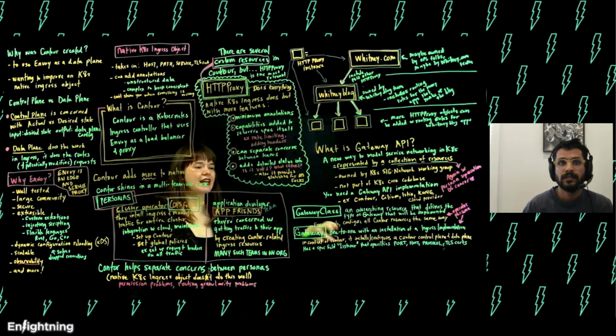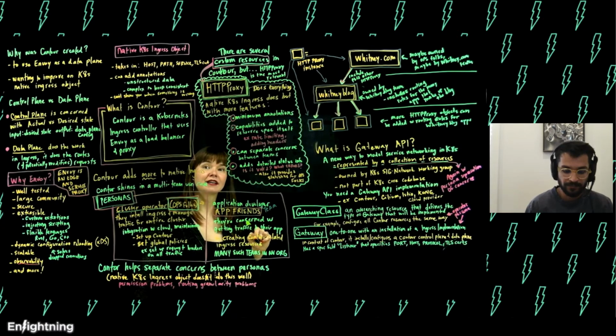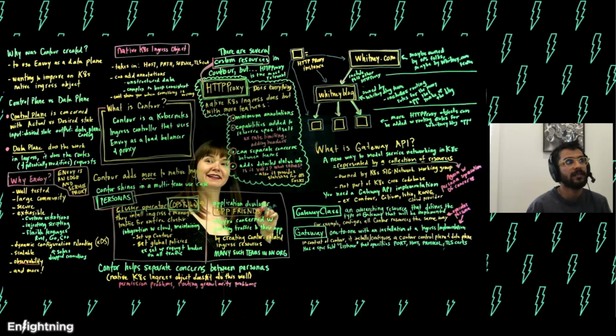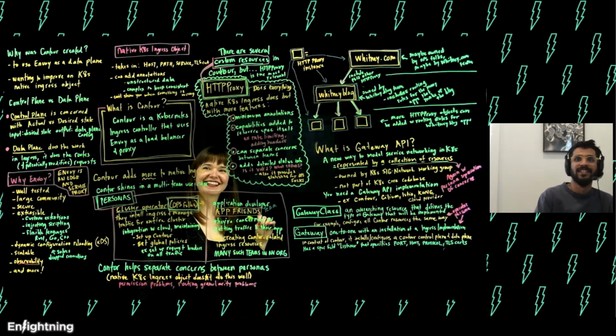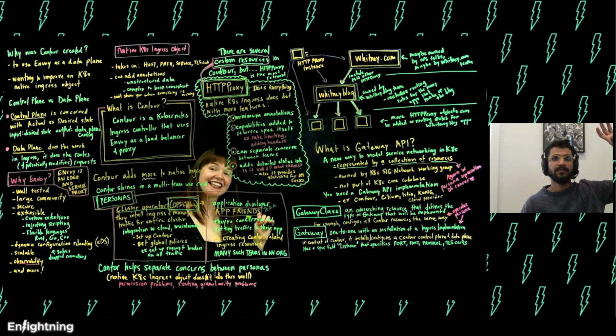If we have the real estate, I'll write out this sentence, like an example with Whitney.com. But if we have a lot more, I'm not going to write it out because we're running out of space. Sure. How many custom resources related to Gateway API are we going to talk about? We have, at the very least, one, but we could talk about a few more. Then let's leave the example out, and we'll stick with the meat.